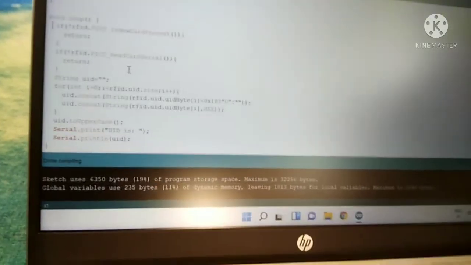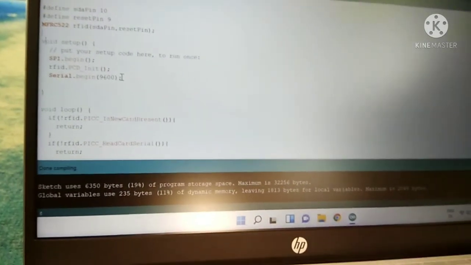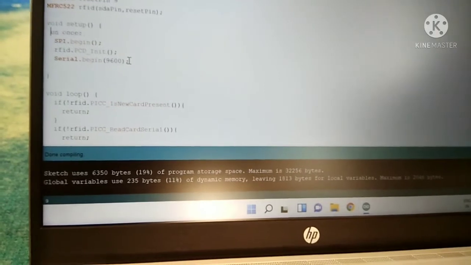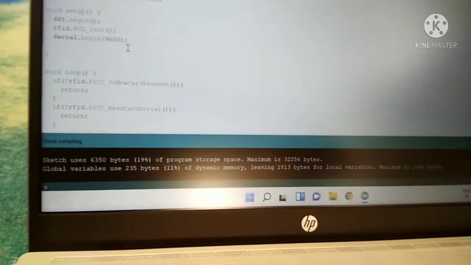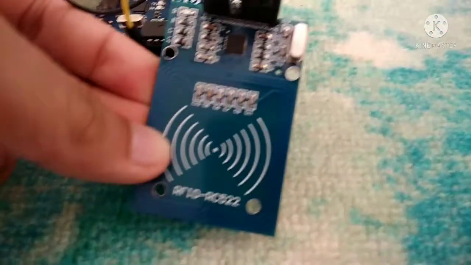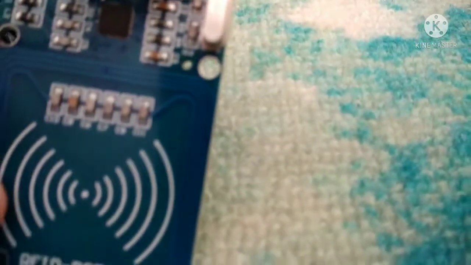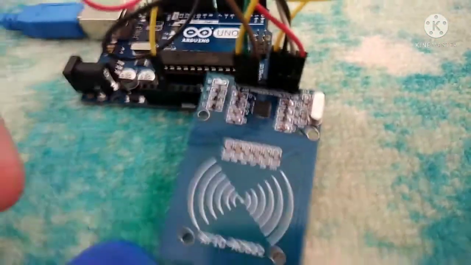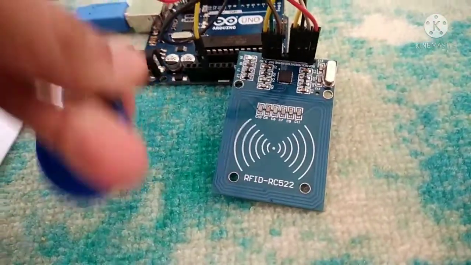So let's run the code, and I will also show you how exactly it looks like. Okay, done. So this is how the RFID module looks like, and I will lift it to show you, so you might be able to see those wire kind of things which actually produce electromagnetic waves which conduct electricity in those keychains and tags, and these two also have chips inside them. I will try to show you those chips. Just 1 minute, friends. I hope the chip is visible, like something like a black dot, and even if it is not, I can't do anything regarding this.